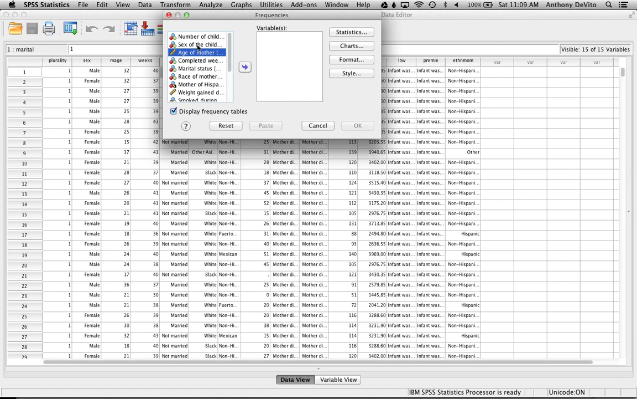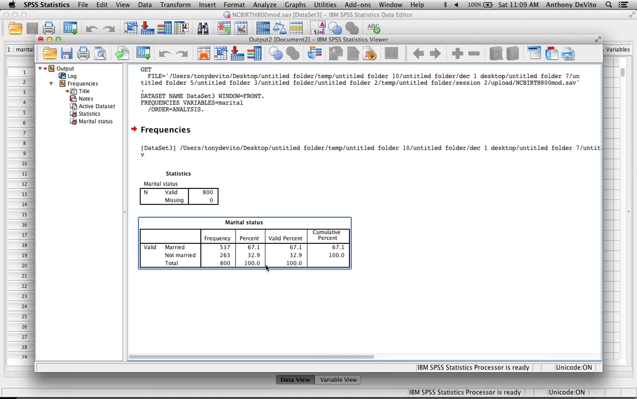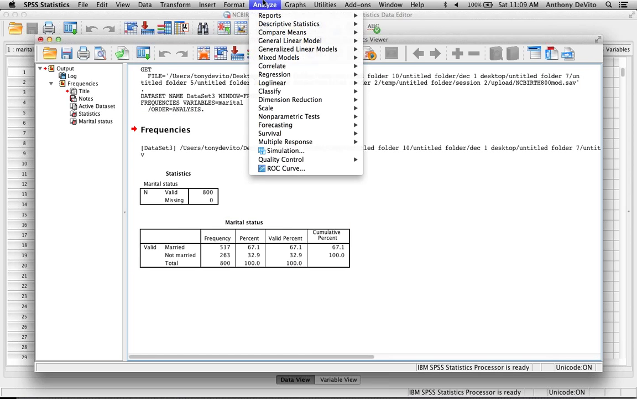That's not going to be very informative. However, I might want to do it for the marital status, because that'll tell me how many mothers are married and how many are not married. Here, frequency 537 married mothers, 263 unmarried mothers, the percentages of each, and so on. I could even do a graph